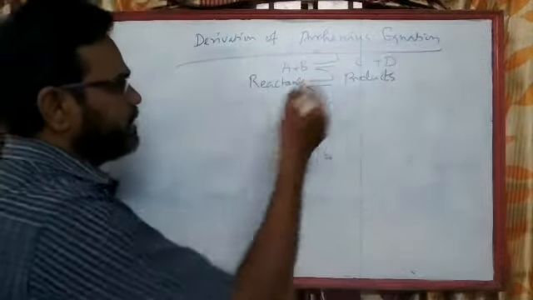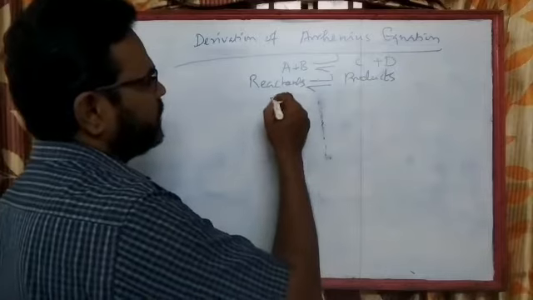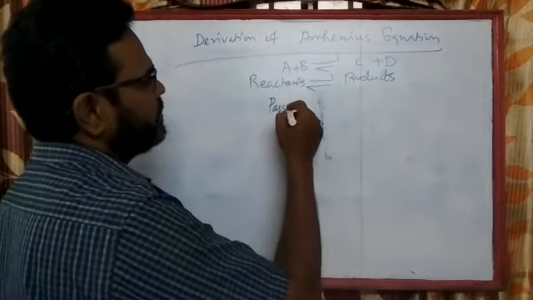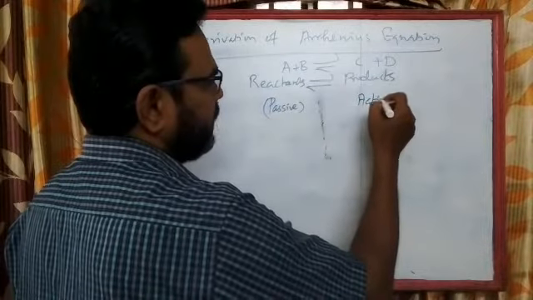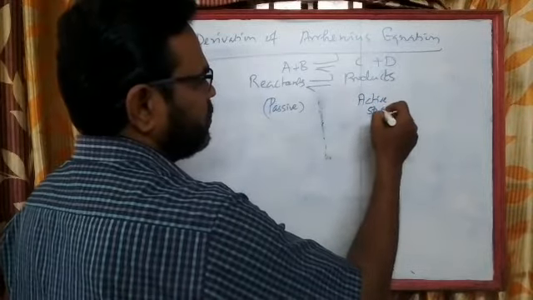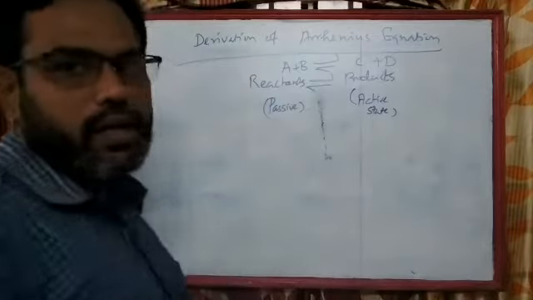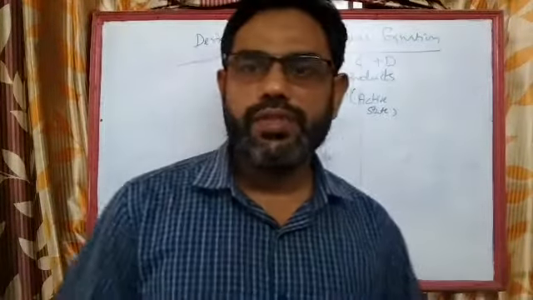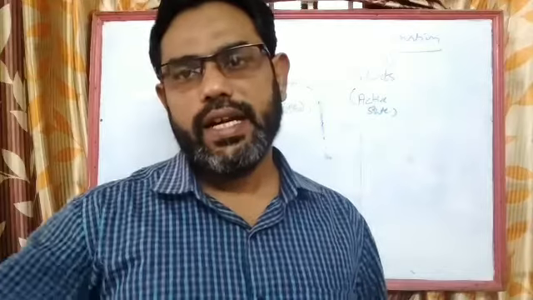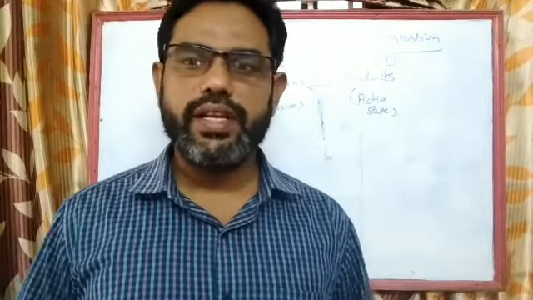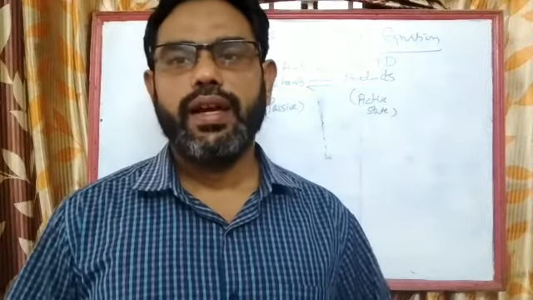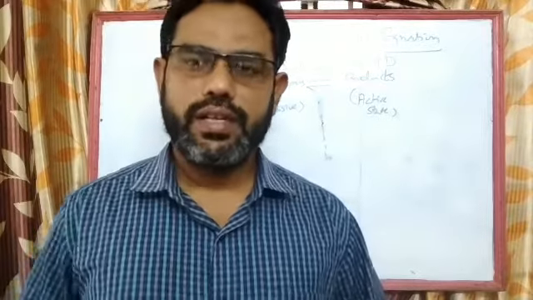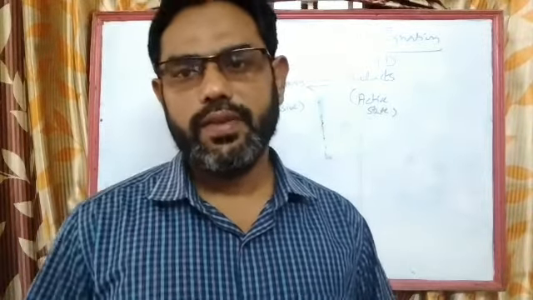So when the reactants are converted into products, the reactants are in a passive state and the products are in an active state. When molecules turn from passive state to active state, they get converted into a product. They get converted from passive to active state by either increasing the temperature, pressure, or using a catalyst, or by increasing the concentration of the molecules as well.